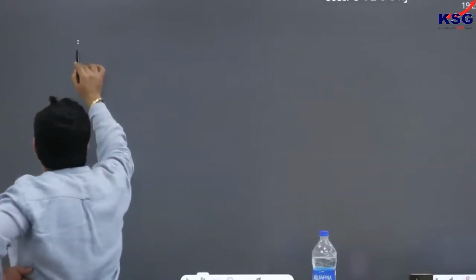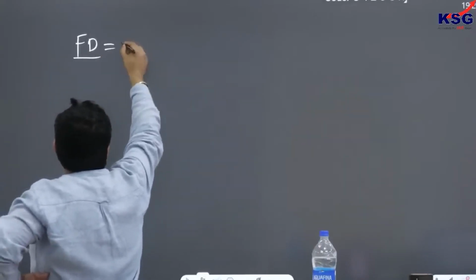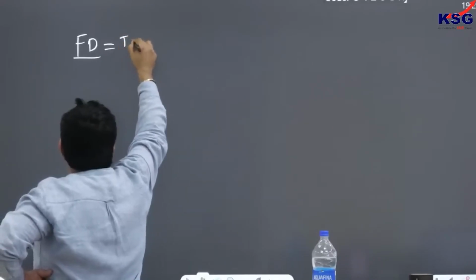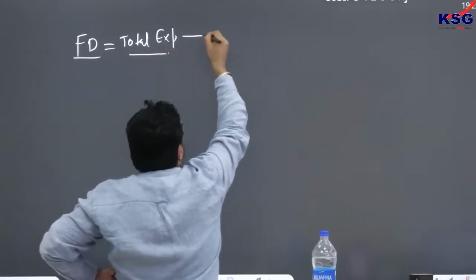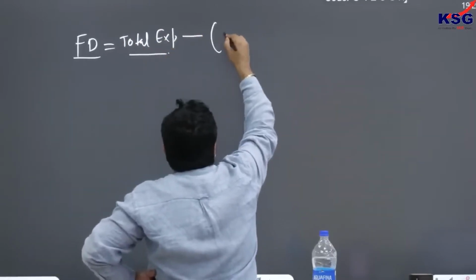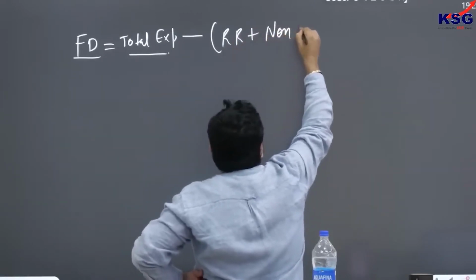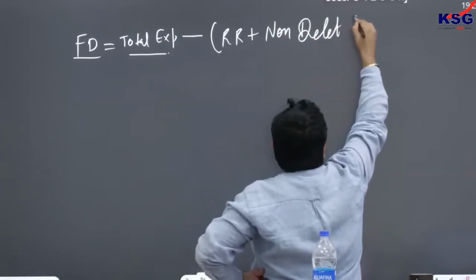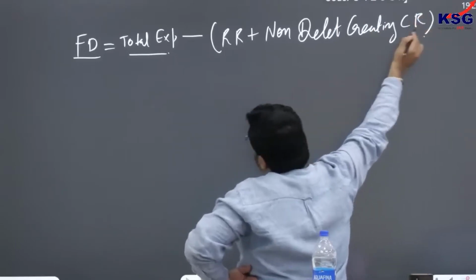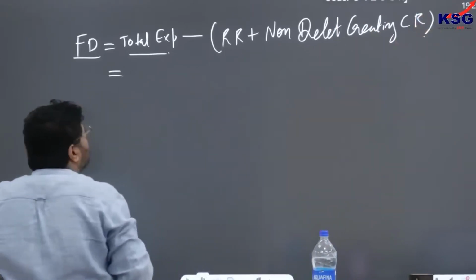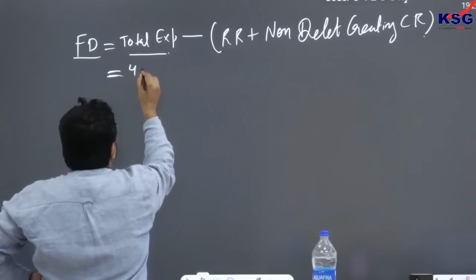Now come to another thing. Sometimes they ask you things like, what is FD? So you have to tell that FD is nothing but total expenditure minus revenue receipt plus non-debt creating capital receipt. So your total expenditure, if I take this year,